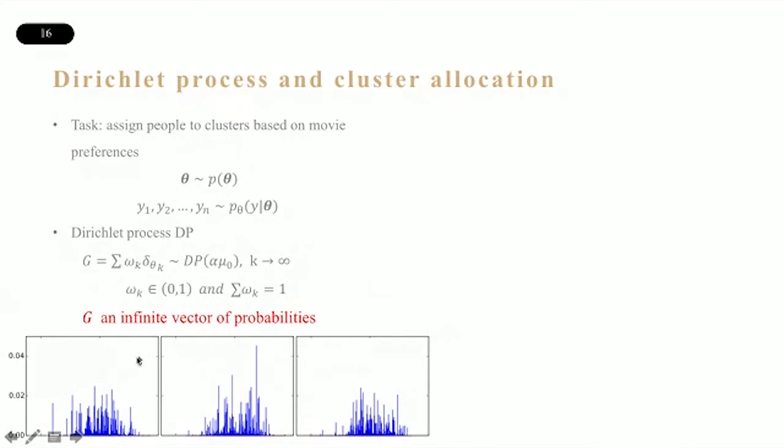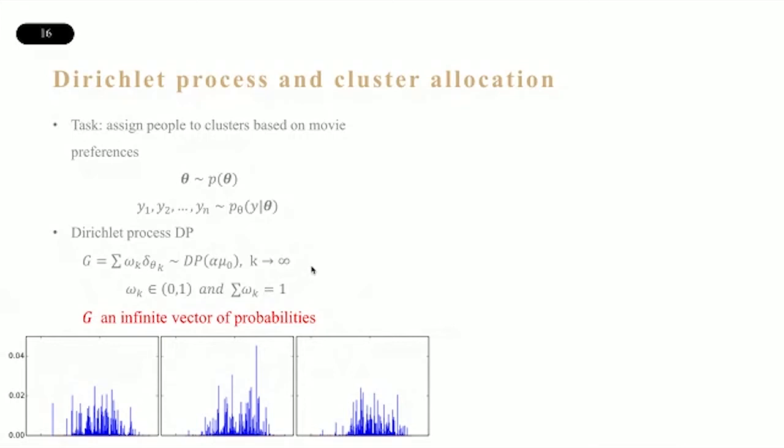As you can see in every sample here, the first, the second, and the third, the Dirichlet process G is actually a set of points, a set of sticks. They have a location here on the axis, and they also have a height, and the height of each stick, the height of each point, is actually a probability. Why is this useful? This is useful because by considering this infinite vector of probabilities sampled from the Dirichlet process,